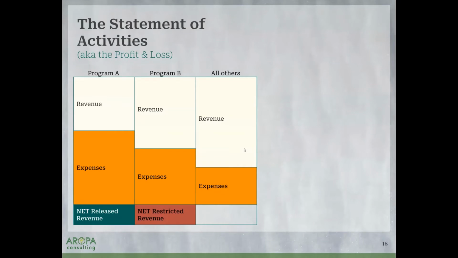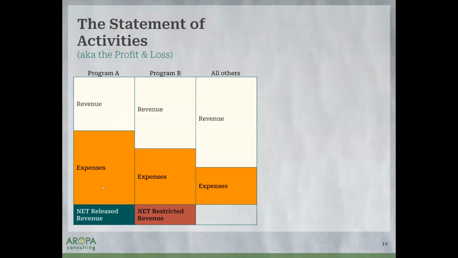So let's dive into the statement of activities a little bit, and let's make sure we understand how they're organized. So we have two programs. Again, let's continue to use the Humane Society. I have our dogs, dog care, and then our cat care, right? So we have certain revenue that's restricted to this particular program. And then we have expenses that are related to that program. In this example, notice how the expenses are greater than our revenue.